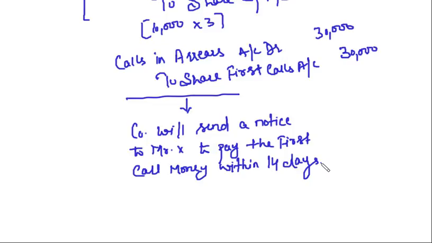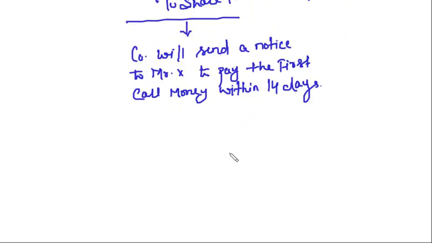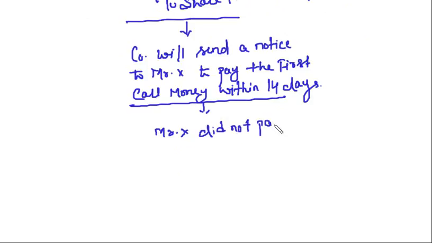That means the calls have not been received from Mr. X. Now what will the company do? Company will send a notice to Mr. X to pay the first call money within 14 days of this notice. Clear? Okay, this notice reached Mr. X. Then what happened? Mr. X did not pay the money